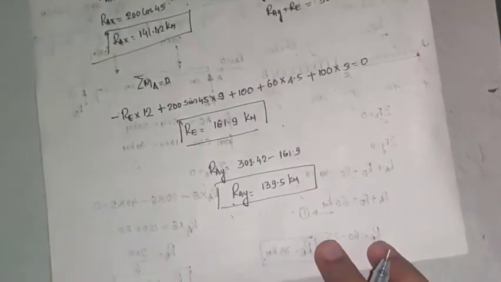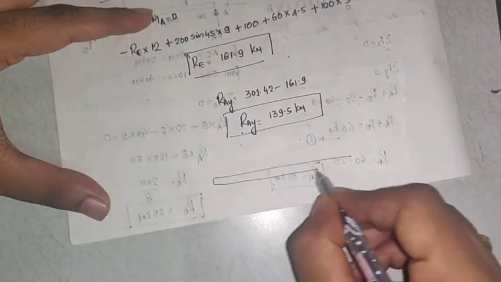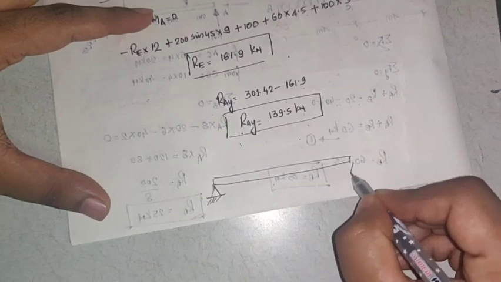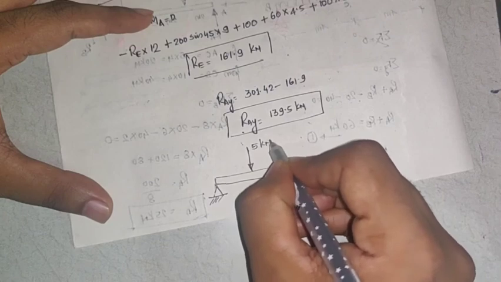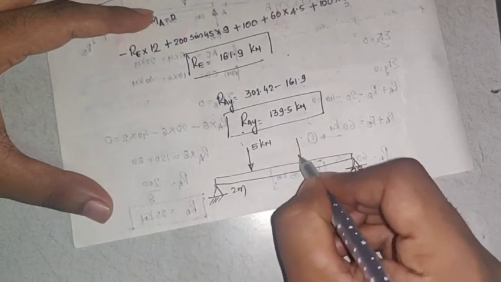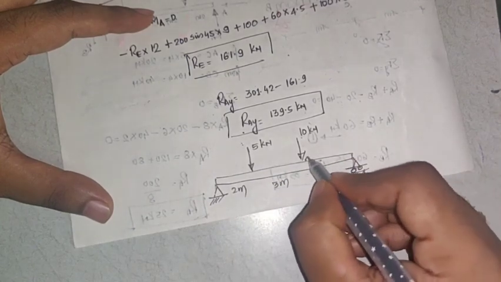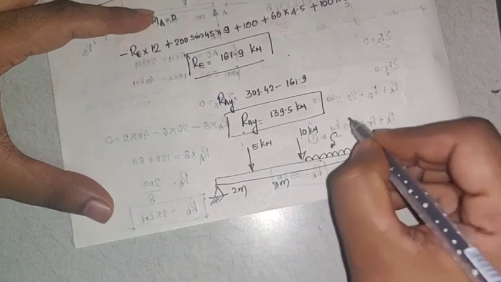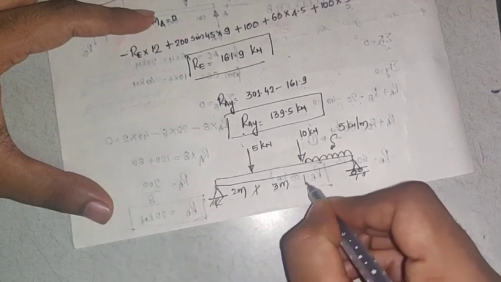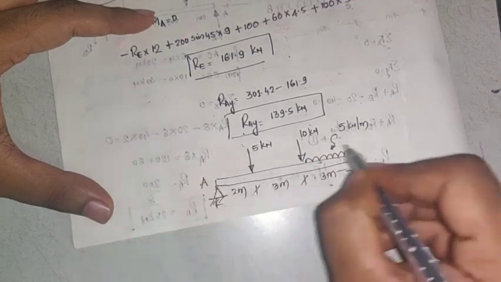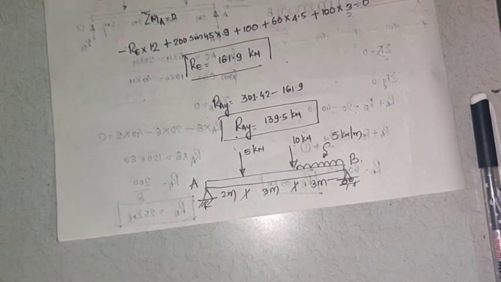With the assumption that you have understood the problem, the assignment for you is this problem. I'll give one hinge support here and a roller support. I'll give a very simple problem. Solve this: 5 kilonewton at a distance of 2 meters, and 10 kilonewton at a distance of 3 meters, and there is one UDL here of intensity 5 kilonewton per meter, which is up till here, 3 meters. This is point A, this is point B. Solve this as an assignment and put up the solutions in the comment box.